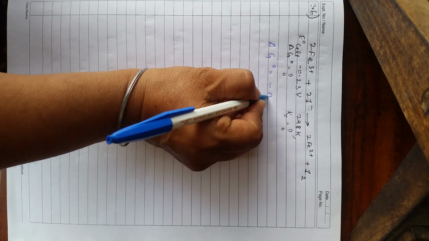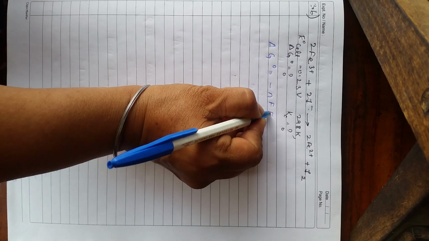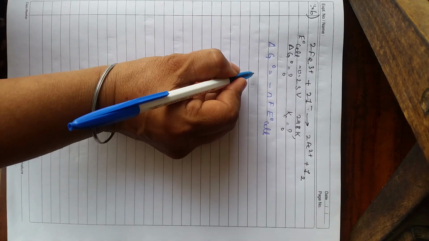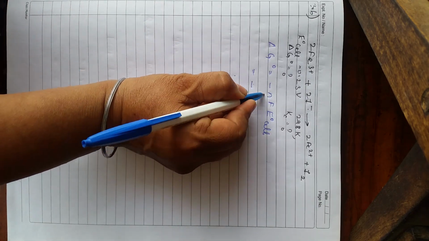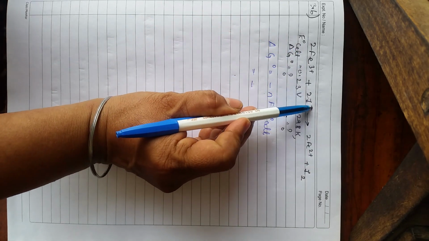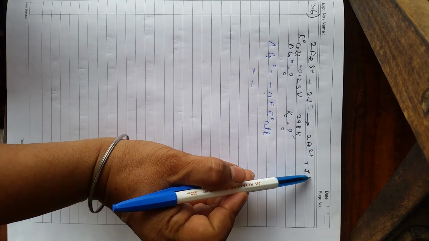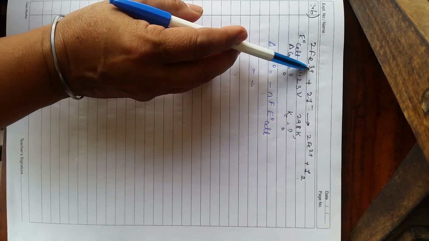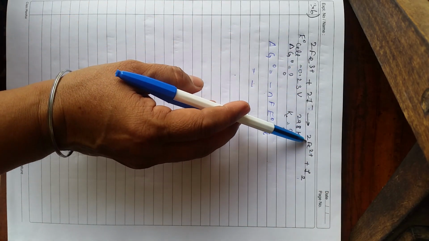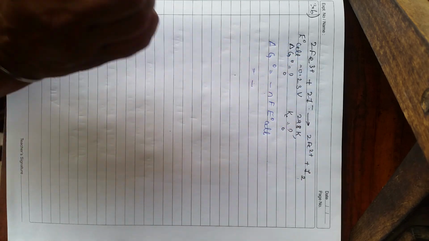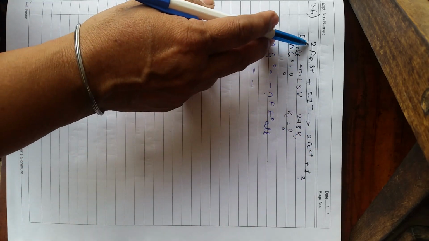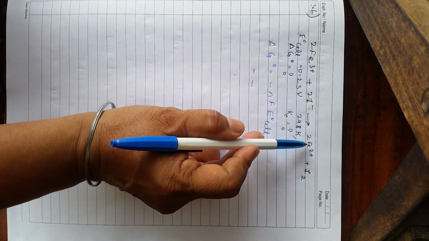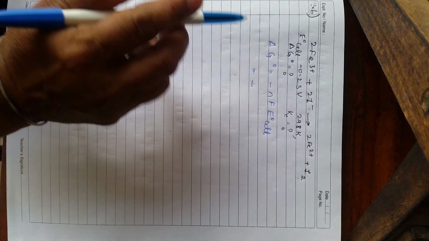to minus nF E naught cell. We know their values. We know what is n. Just check here: 2 minus 2 here, and here it is 0. So the difference is of 2. Likewise 3 into 2 is 6. This is 2 into 2, 4. Again the difference is 4 here. So the difference between this side oxidation number and this side is 2.